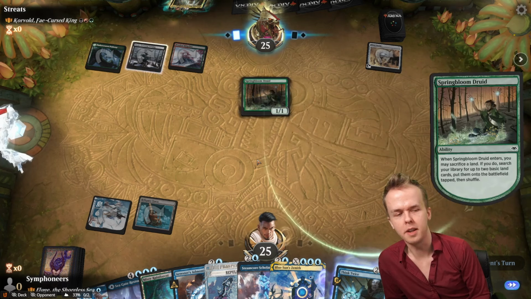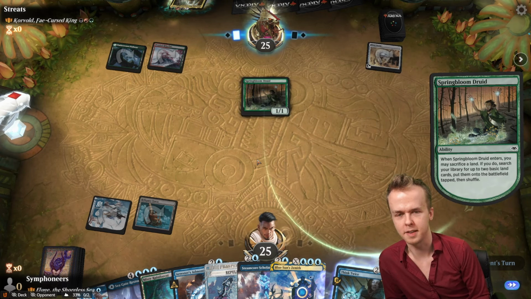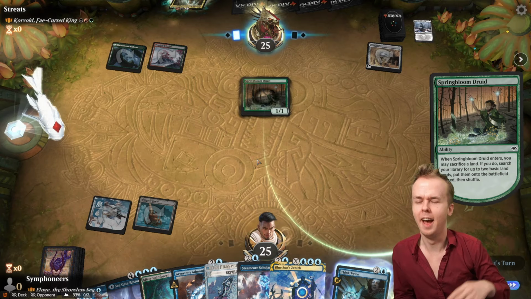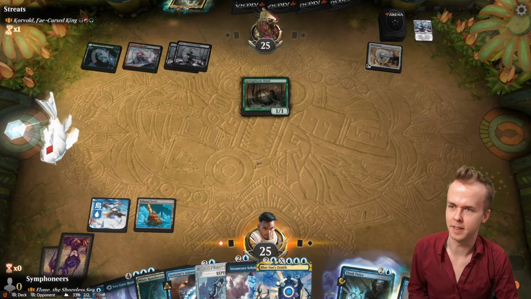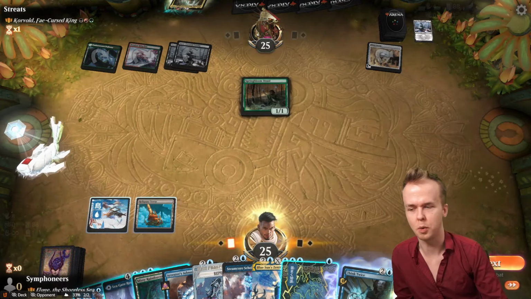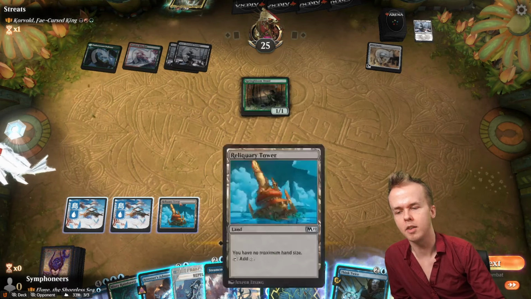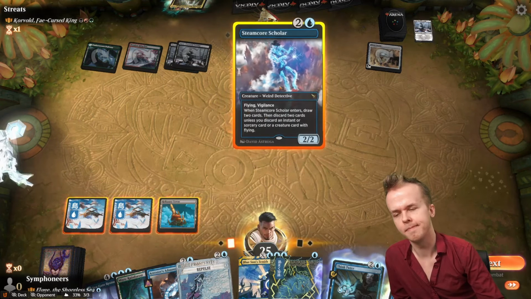Spring Bloom Druid is driving a truck outside. A truck full of value. Now, the opponent grabs 2 snow-covered swamps. We play a 3rd land and do a...